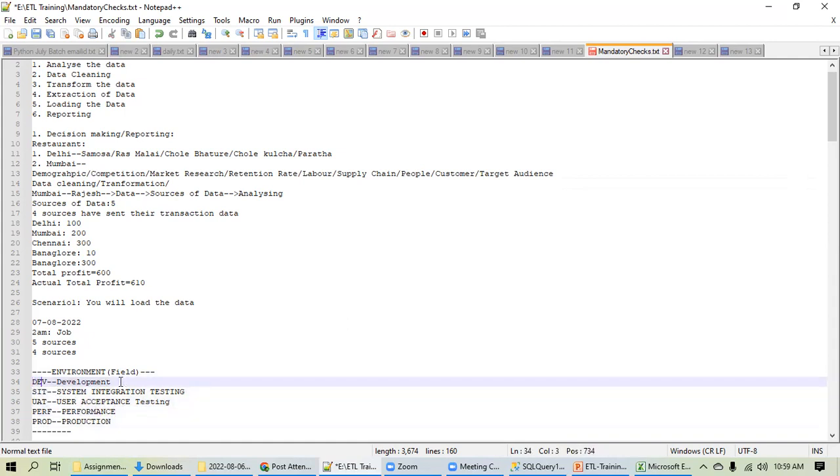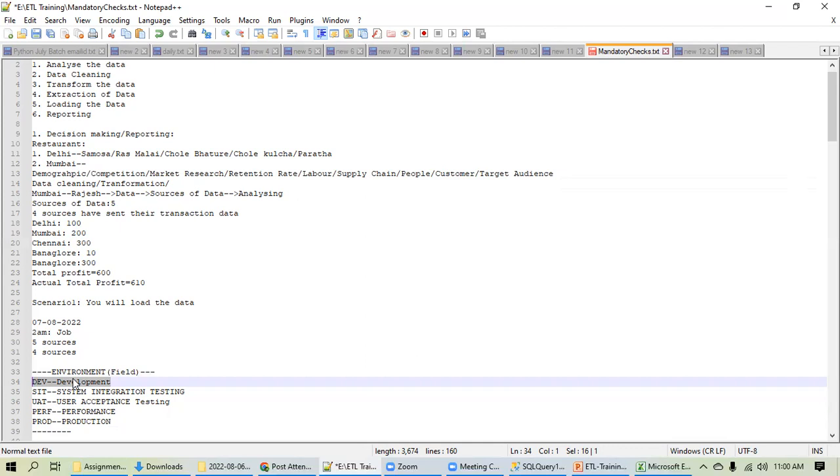This dev means development environment. In this environment, the development team will do the development. This is the environment of the development team. They can do whatever they want. They will deploy their code, run their code, do the unit testing, and make all the modifications. That environment is known as dev environment. They'll have a separate server and all those things. Everything will be different for the dev environment.